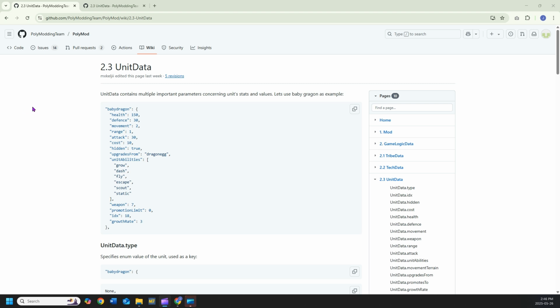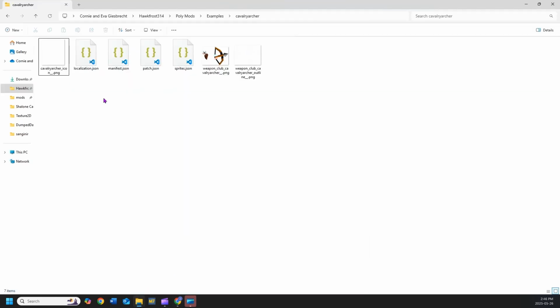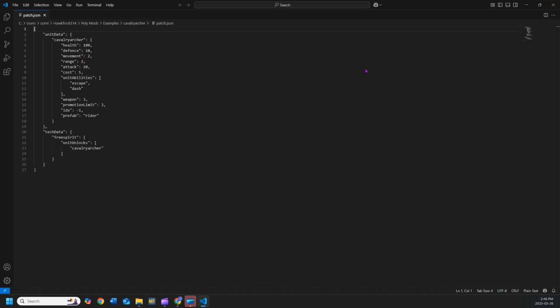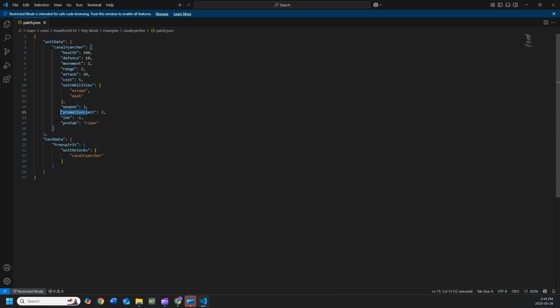With unit data, you can easily change the stats of a unit. If you want to create your own unit though, you'll need a prefab. We'll use a custom unit called a cavalry archer as an example to explain what this is. As you can see, this unit is basically a rider with range 2 and costing 5 stars. Weapon 3 is an arrow, so the unit will use that attack animation instead of the club swinging like the rider does. We give it an index of -1 so the game creates its own index number, but the important